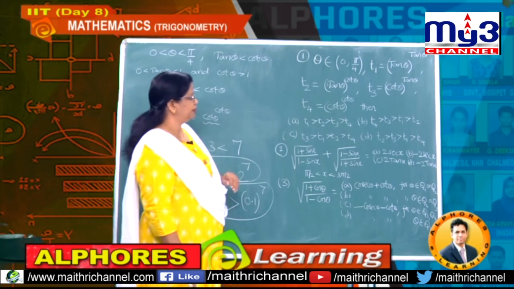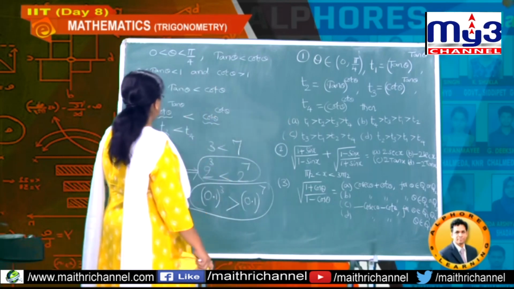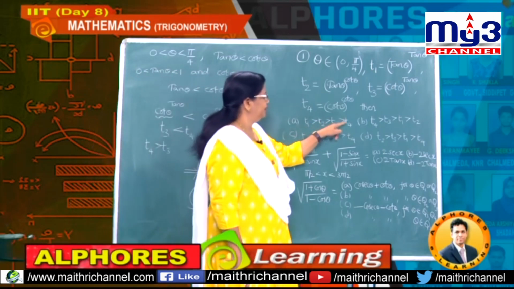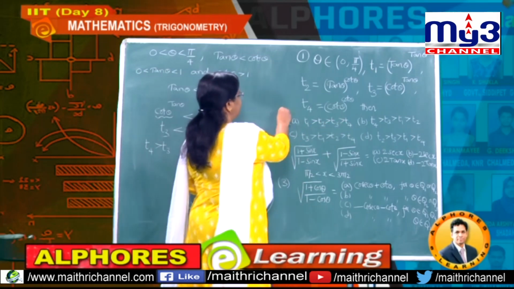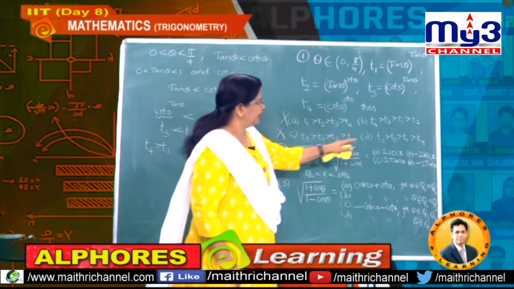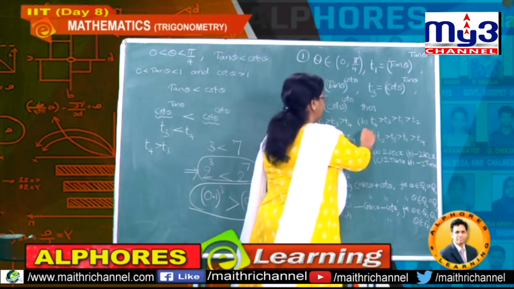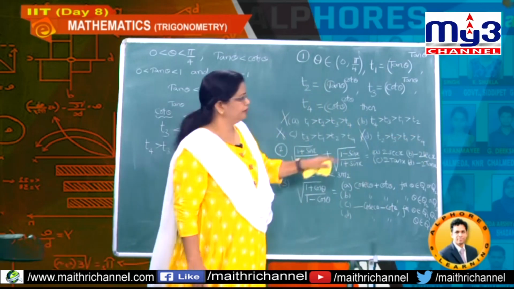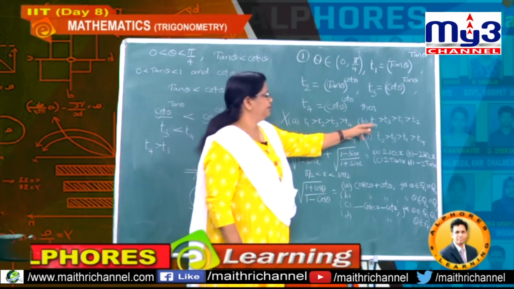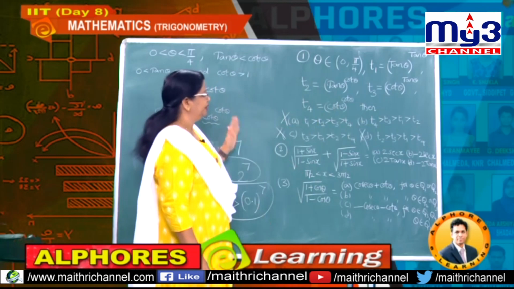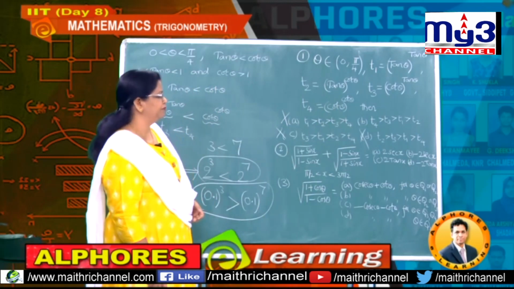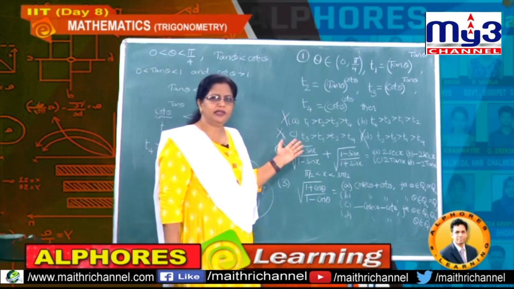How are the options given? These options are given as T3 less than T4 or T4 greater than T3. Here you got T3 greater than T4, so wrong option. And next, T3 greater than T4, wrong option. And next, T3 greater than T4, wrong option. What is the leftover? Only this option. Over, problem over. So you got T4 greater than T3. That's why you just stop the problem and conclude option B is the right answer. Sometimes paper setters are too smart.